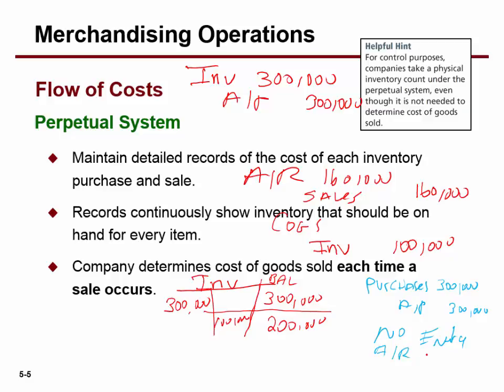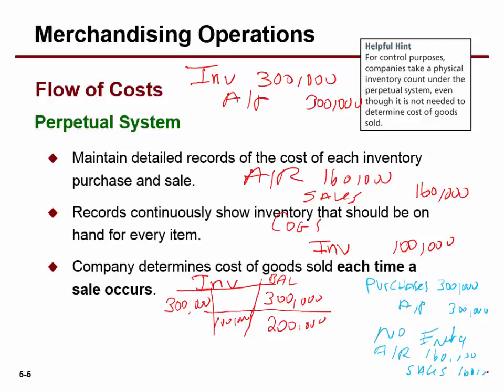I'm going to debit the account receivable. How much did I sell for? 160. And credit the sales. But there's no impact on the inventory account, which is why I wrote no entry there. I was just thinking inventory right now. Of course, I have to record the sale. But there's no entry on the inventory, right?